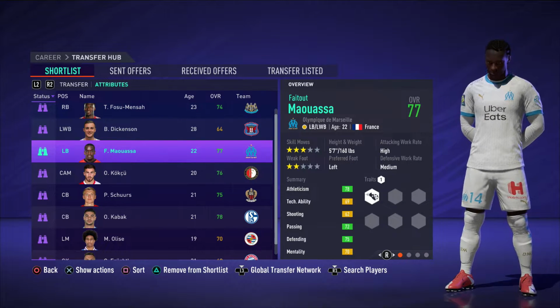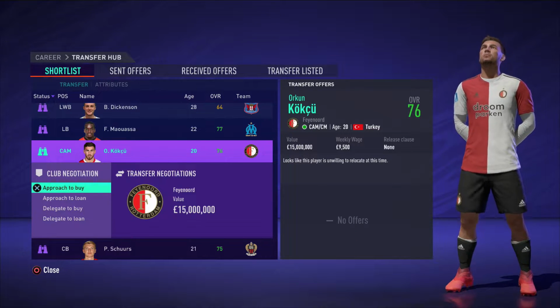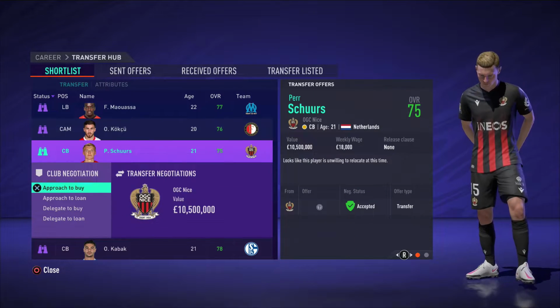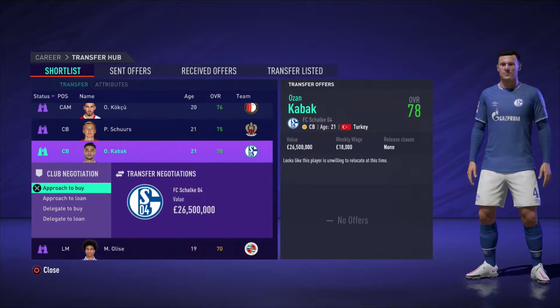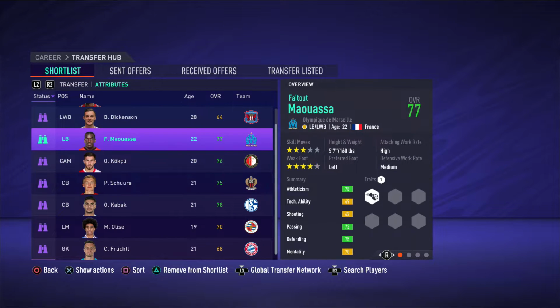Fayçal plays for Olympique Marseille, and Koku plays for Feyenoord, guys, and as you can see, they both say they are unwilling to relocate at this time. Yeah, so another player again is Per from OGC Nice. They're all saying they're unable to relocate, and the reason being is because, as I said, we are